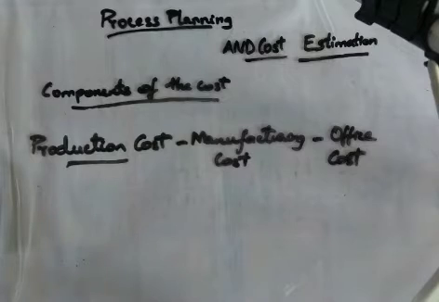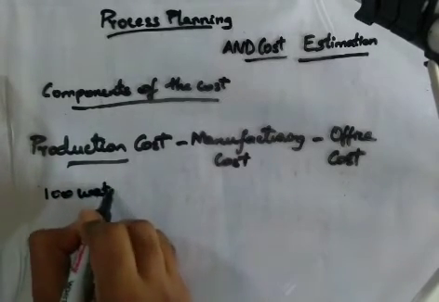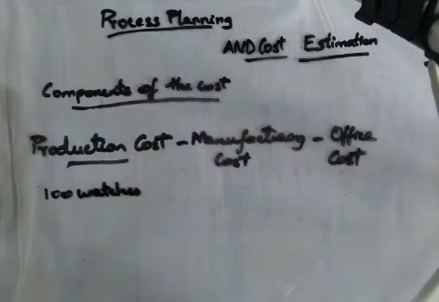In this, we will get the production cost: handling cost, time waste, lead time waste, and we'll have to see the workers' expenses during working. We have to see the medical related terms. All this comes under this cost, that's the production cost. For the production time, we have to see, if we are going to manufacture 100 watches.